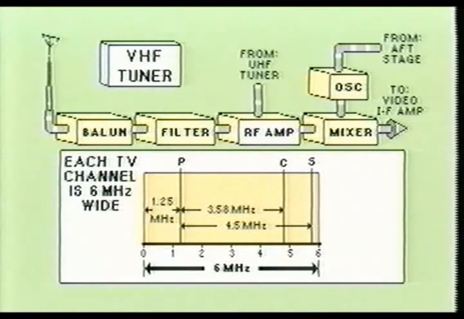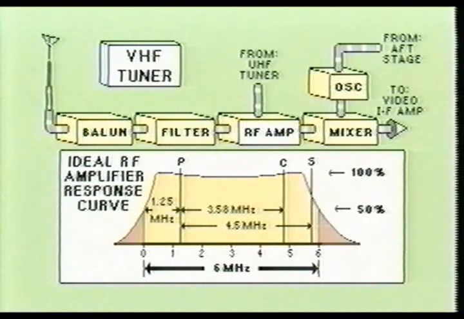As was mentioned earlier, each television channel has a bandwidth of 6 MHz. The video carrier is close to the low-frequency end of the channel bandwidth, and the sound carrier is very close to the upper end of the channel bandwidth. Therefore,